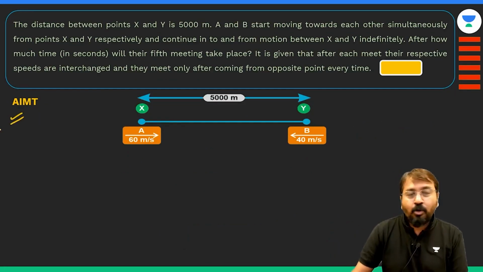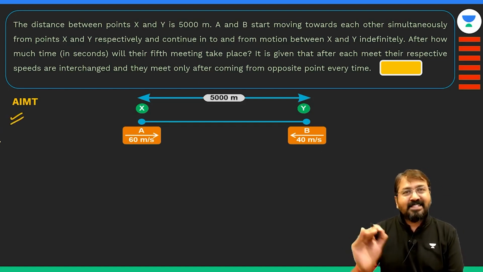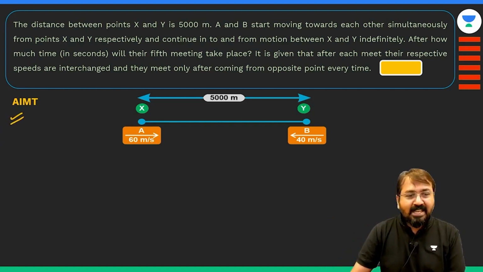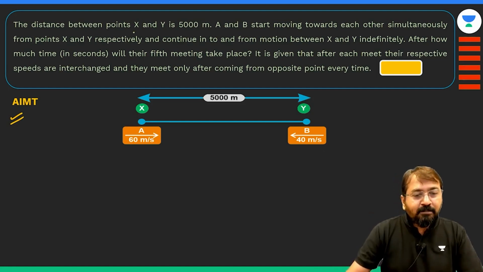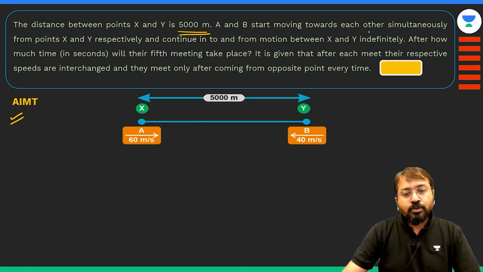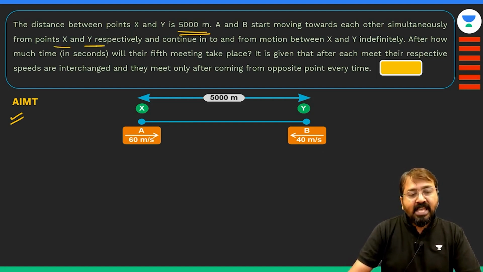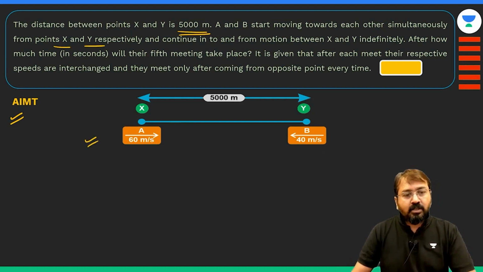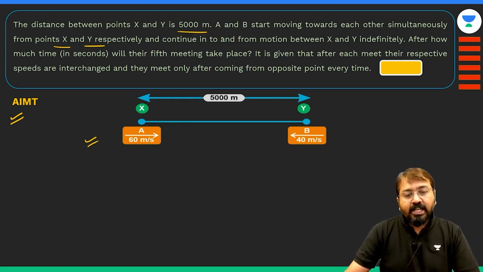This is straight from the All India Mock Test of Unacademy, but it's a nice question, and can be asked in the upcoming CAT exam, and I really wish that happens. So the distance between points X and Y is 5000 meter. A and B start moving towards each other simultaneously from points X and Y. It has been indicated in the figure over here, and they continue in to and fro motion between X and Y